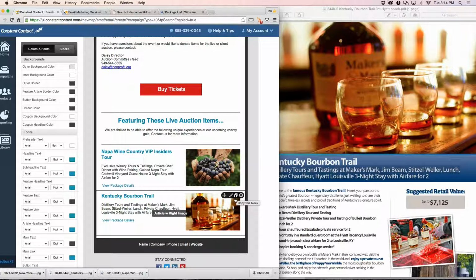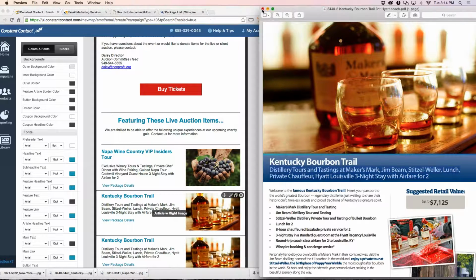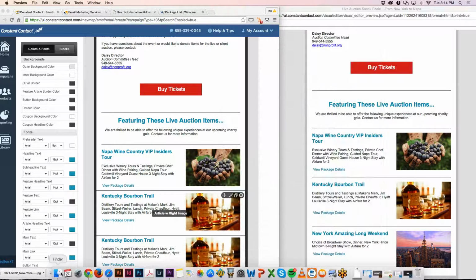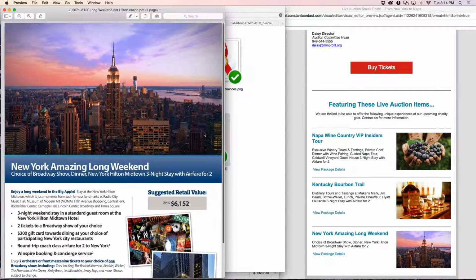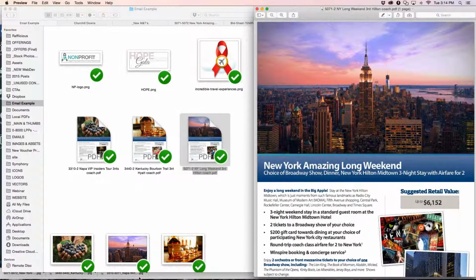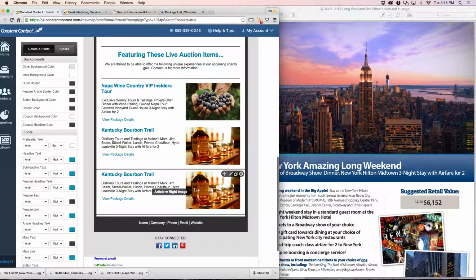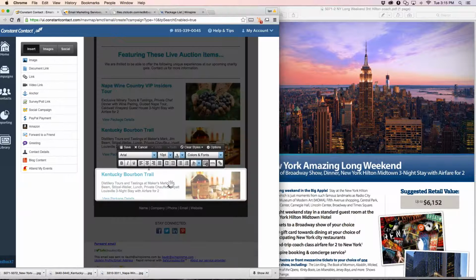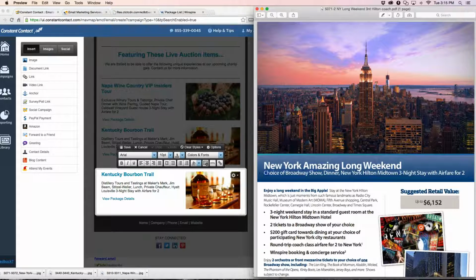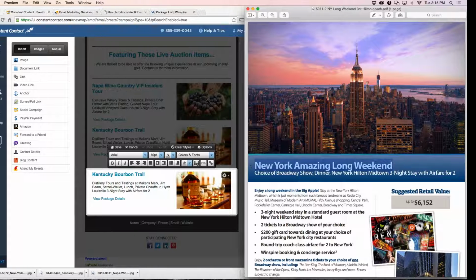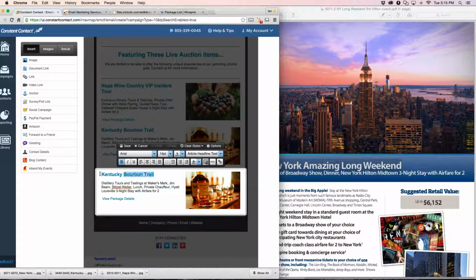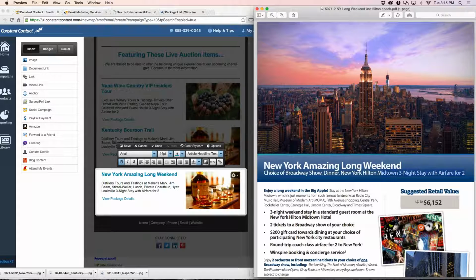So I'm going to come right here to where it says copy this block. I'm going to close out this PDF, and I'm going to go open the New York one. Bring it over here. And I'm going to scroll down to, we have our block duplicated here. And I'm going to go in to edit it as well. I'm going to copy the title from the PDF, edit, copy, click here, edit, paste. I'm going to delete back. I'm going to go get this subtitle right here, copy,